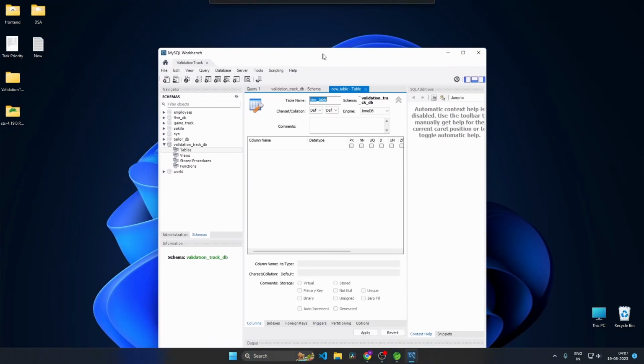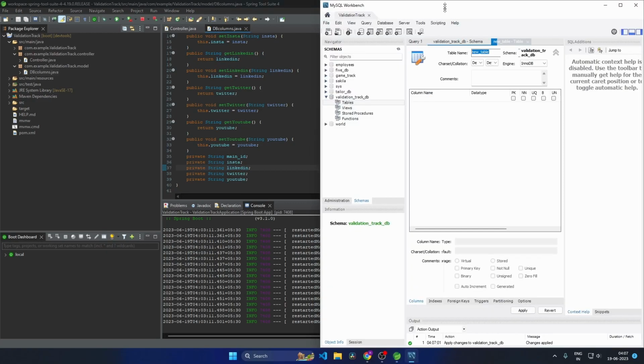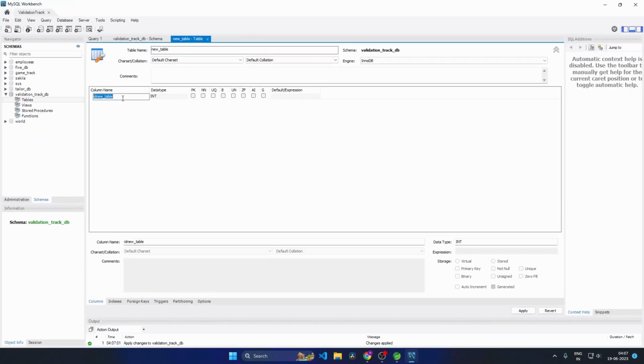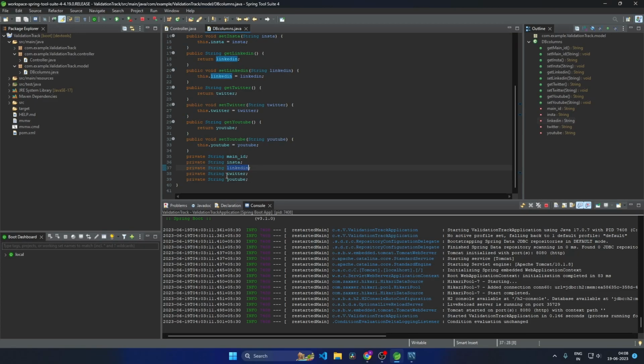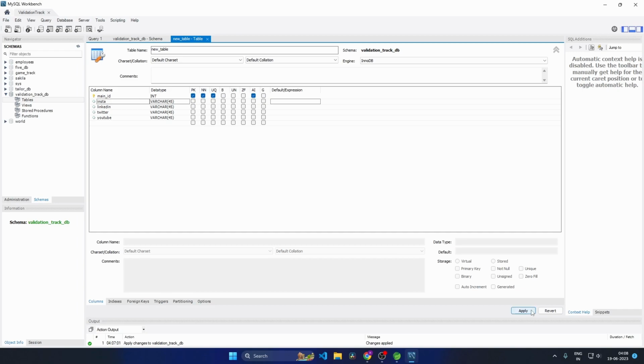So here we need all the columns that we have in our model file. So main id, insta, LinkedIn, Twitter and YouTube, right? So I'll just create all the columns. Please notice that this LinkedIn name should be same as this name, Twitter and YouTube. So I'll rename this as Insta. I'll click on apply,